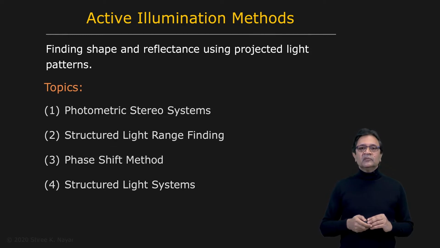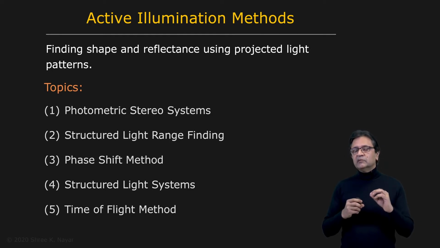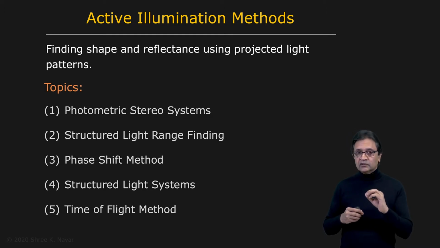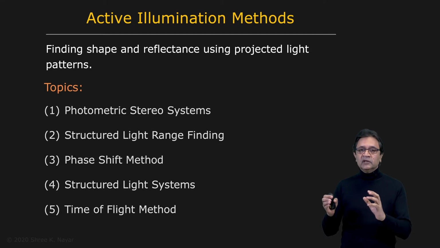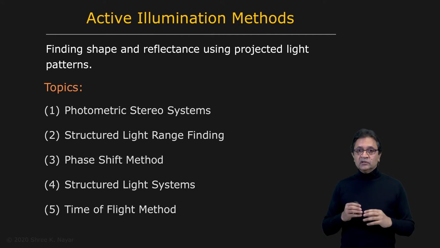And finally, we're going to talk about time-of-flight methods. In the case of time-of-flight, what we're trying to do is measure the amount of time it takes for light to travel from a light source, strike a surface, and then arrive at a sensor. If you're able to measure that time very accurately, then since you know the speed of light, you can figure out exactly how far the point is in the scene. Time-of-flight methods are now becoming very popular, have begun to surface in devices such as smartphones, and in the next decade, they're going to become ubiquitous.